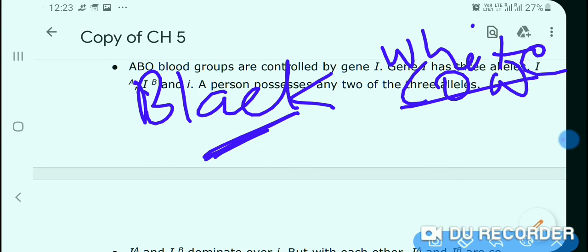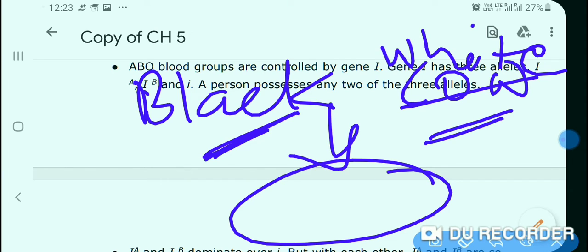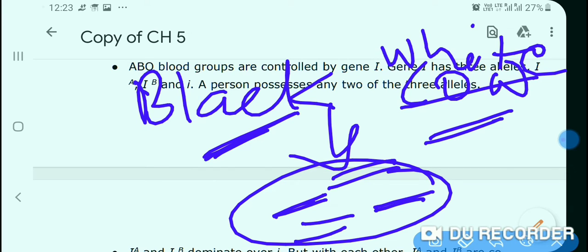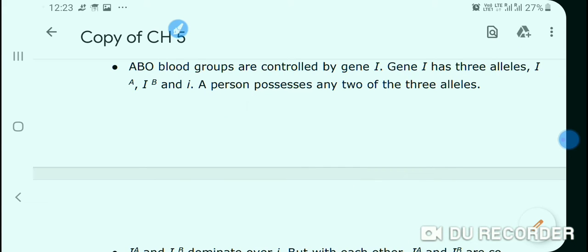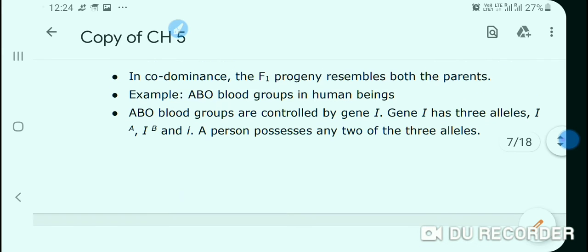Then in the F1 generation we can see that both the colors appeared, patches of black color on the white background, or vice versa. So both the colors dominate together, and this color is known as roan color. Another example of codominance is